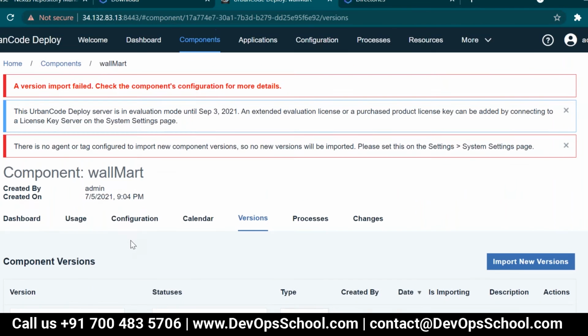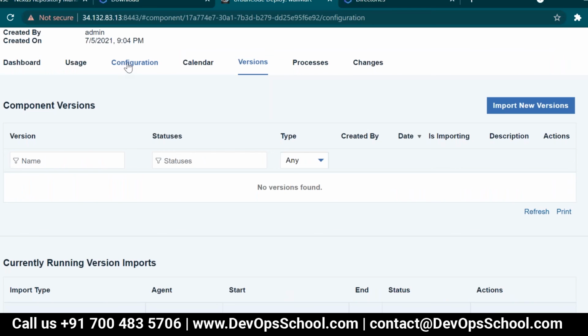Last time I was able to do it from Access repository only.